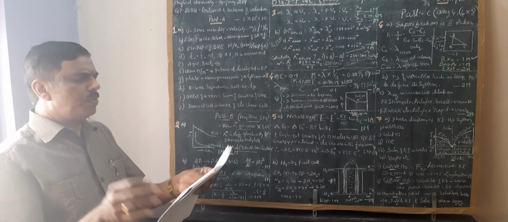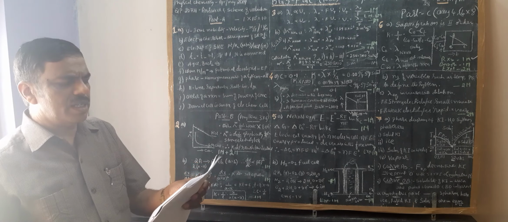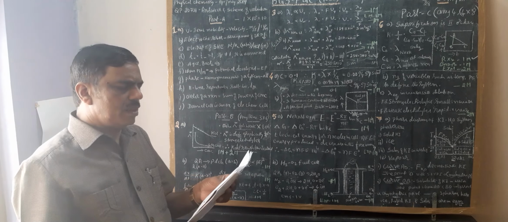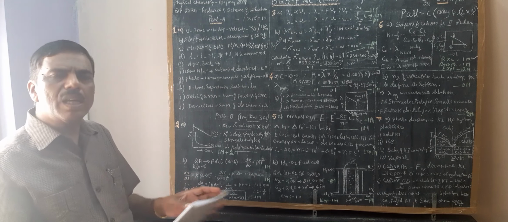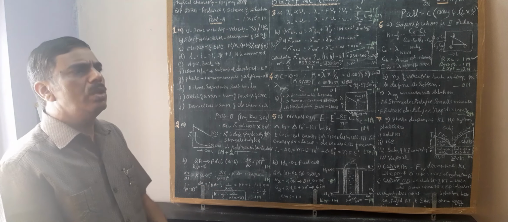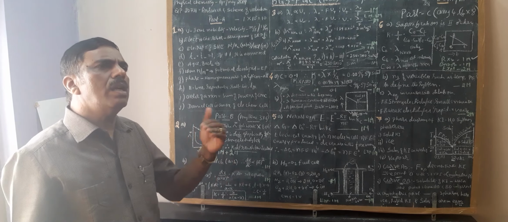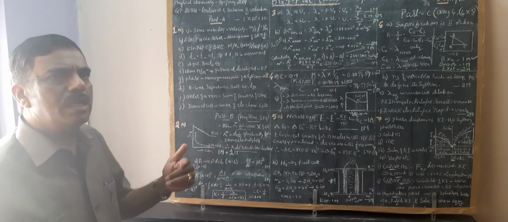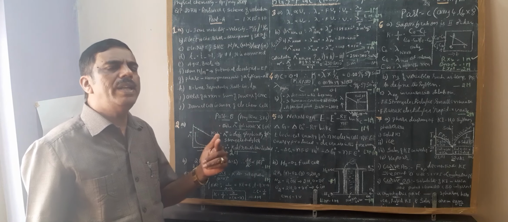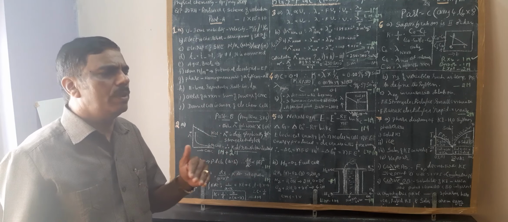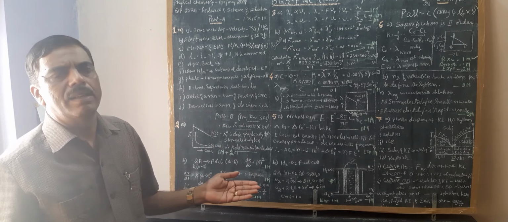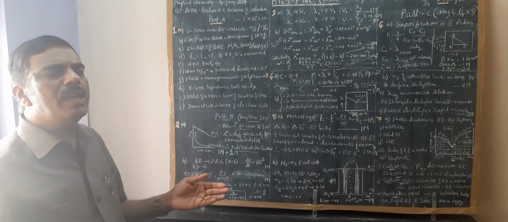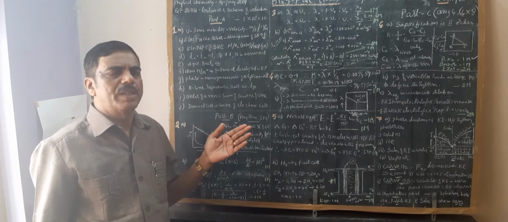Second question A. Explain the determination of equivalent conductance of a weak electrolyte at infinite dilution. So infinite dilution means further dilution will not bring about further ionization. That is infinite dilution. Infinite dilution for a strong electrolyte will be reached quickly because ionization is more in case of a strong electrolyte. In case of a weak electrolyte, it is difficult to reach the